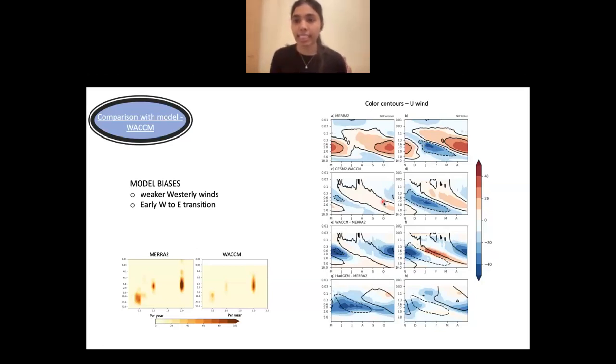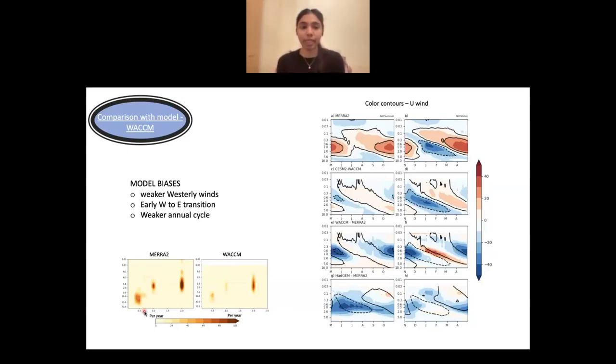And the other thing is the annual cycle. As I have mentioned earlier, the northern hemispheric winter wind magnitudes are a bit higher than the summer winds, and MERRA2 has that, and vacuum also has that, but it is not as strong as MERRA2. In MERRA2, the easterly phase almost disappears in the summer, which we can't see here. So we have a weaker annual cycle too.